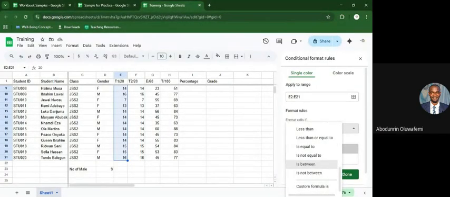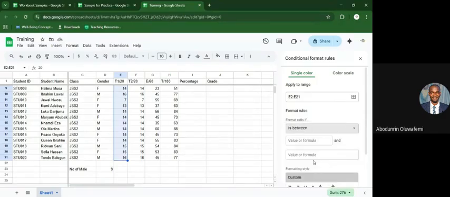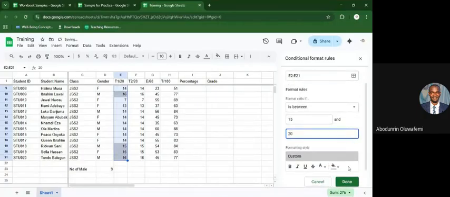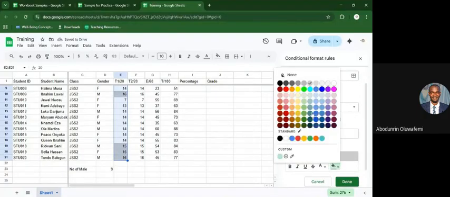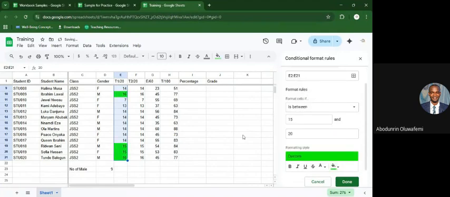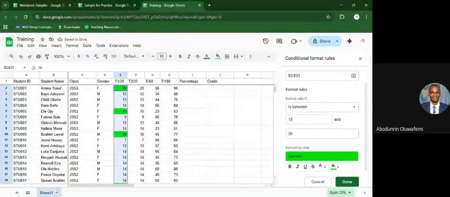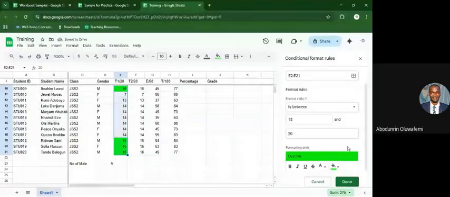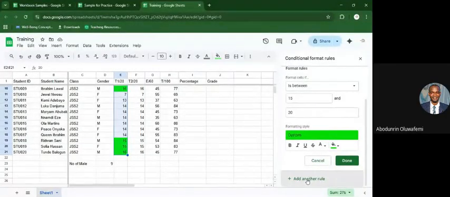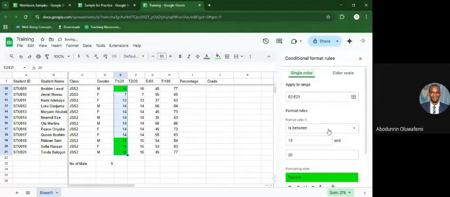So let's say if a child's score is between 15 and 20, it should show color green, very good green. So I'll put this green. You can see from 15 to 20 is already showing green. Then I'll come here and add another rule. This time around, if the score is between